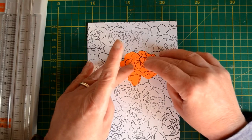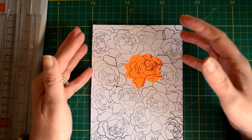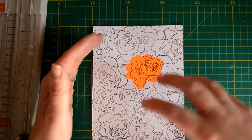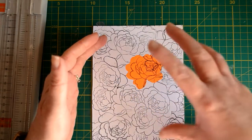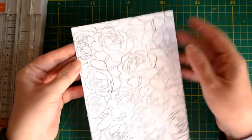I was using these as a mask to put around these, and I wanted to do a background of this lovely peony stamp that I got from Papercraft Essentials, I think it is, magazine, that was free in the magazine. I wanted to do a background, and then I wanted to do a spotlight of the flowers, and this was the background. But obviously, as you can see, it just didn't turn out how I wanted it to turn